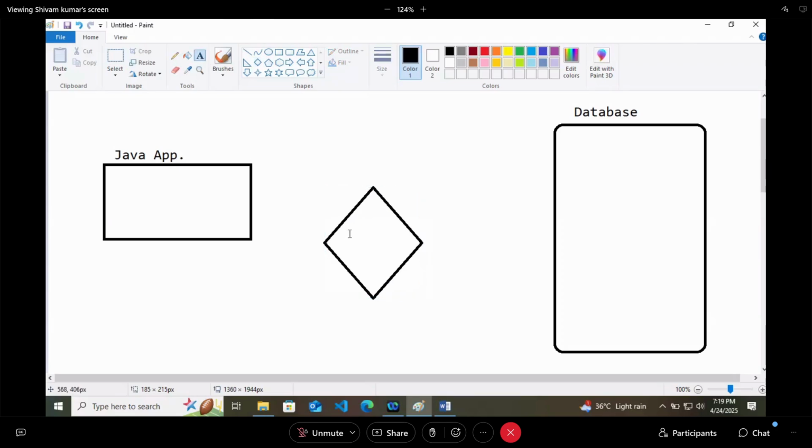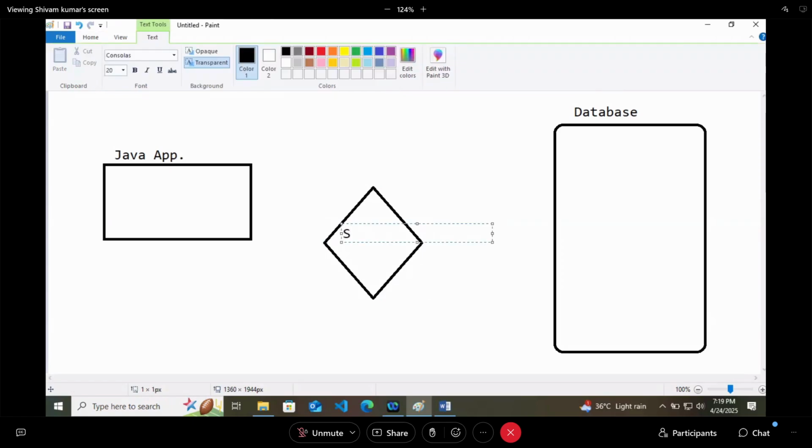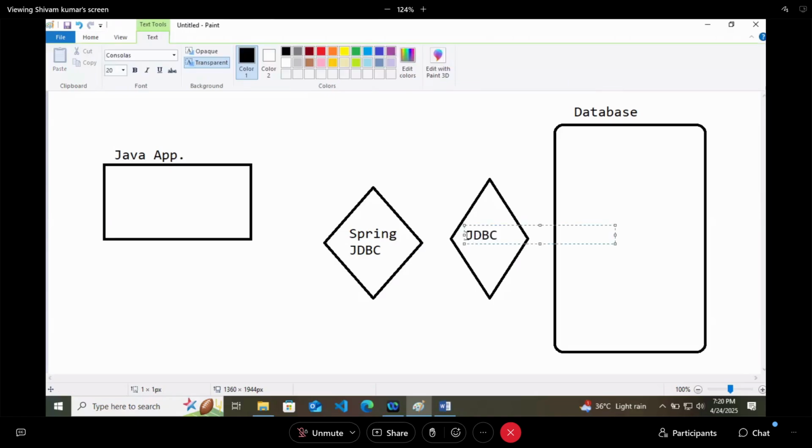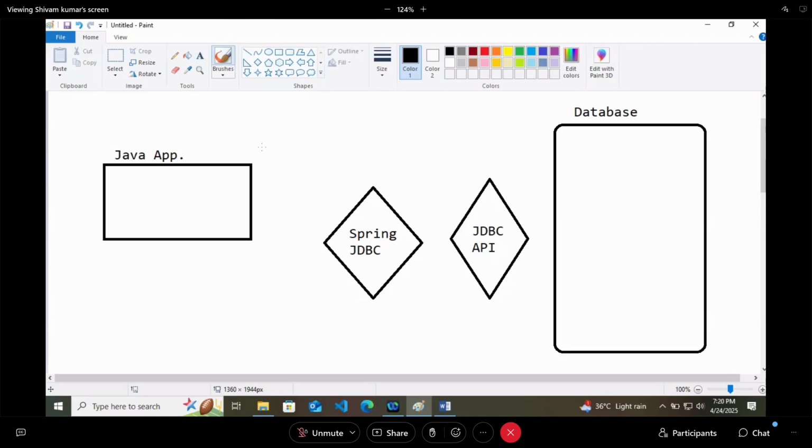We are talking with something called Spring JDBC, and this Spring JDBC communicates with the JDBC API. So being a Java developer, you were communicating with Spring JDBC.